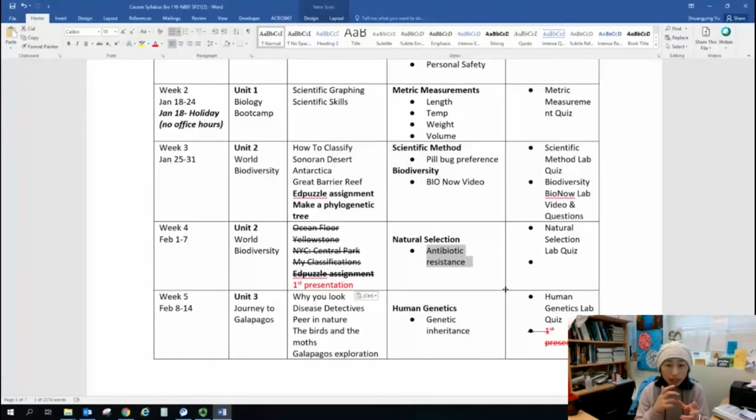And that's due to a selective pressure, right? When we are using antibiotics, this is going to select the stronger bacteria, the ones that have a resistance in the population. So over time, the ones with antibiotic resistance are going to become more prevalent in the population. Eventually, this bacteria colony is going to be very resistant and tolerant of antibiotics. So they're going to become the superbug, which causes a lot of trouble in the medical field, right? When people have infections due to these antibiotic-resistant bacteria, it is very hard to get rid of them. All right. So this is what you're going to learn in the lab,